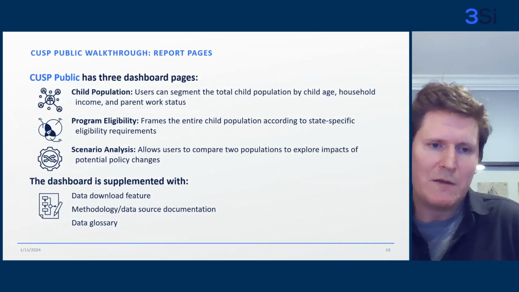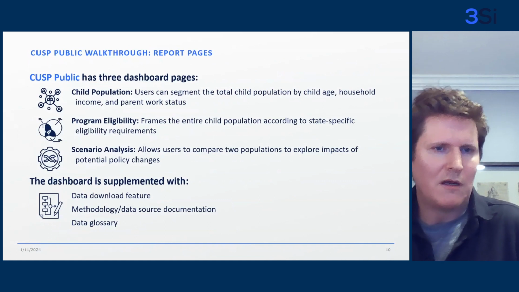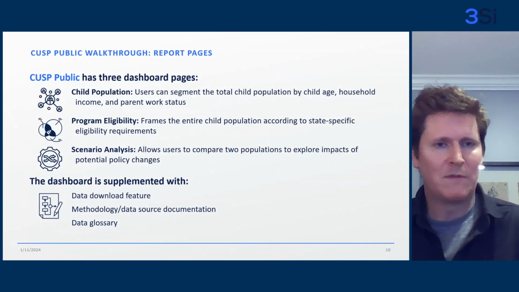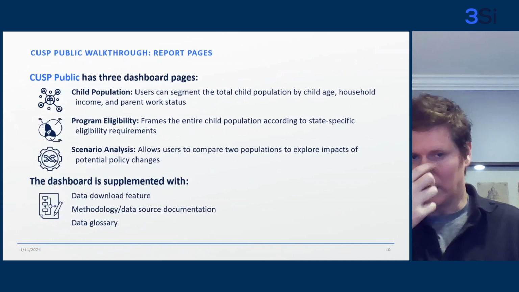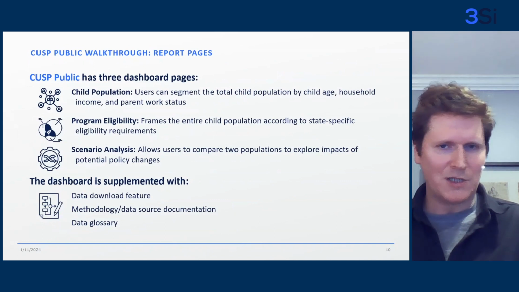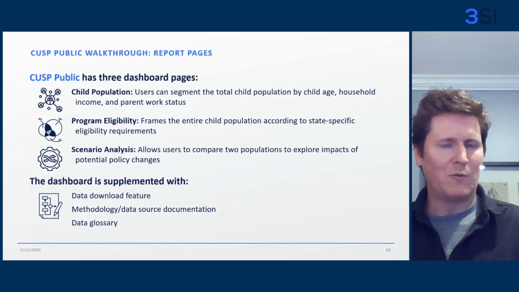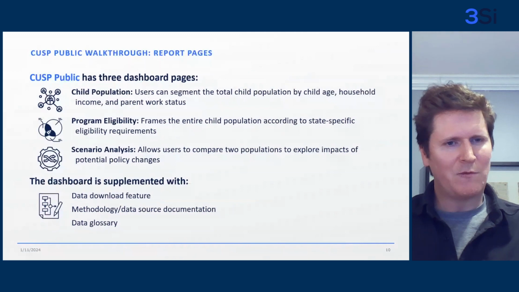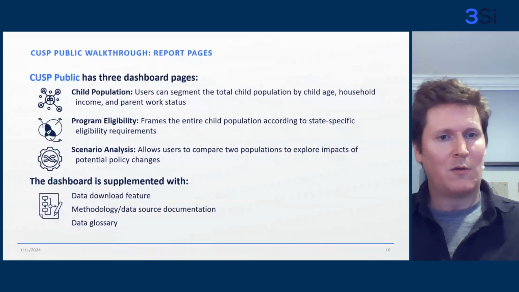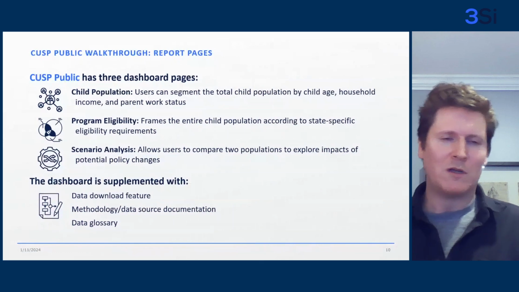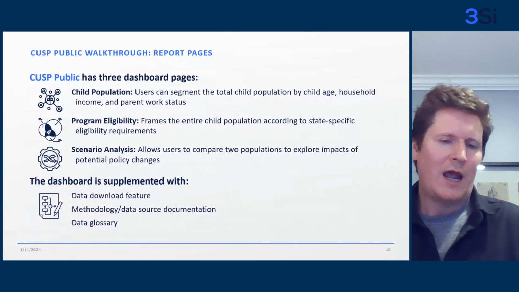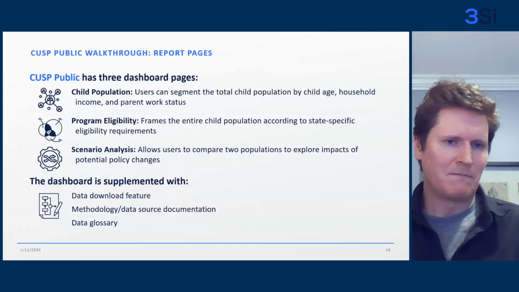The dashboard has three main pages. Child population and program eligibility are both getting at that first use case around the denominator. The child population is just segmenting the population by these main dimensions of age, household income, and parent work status. Program eligibility is taking that same population information and then mapping that to program eligibility requirements. So saying, if we know this about a kid, which programs do we think they would be eligible for? And then lastly, the scenario analysis tab, which is going to be directly related to that second use case around scenario